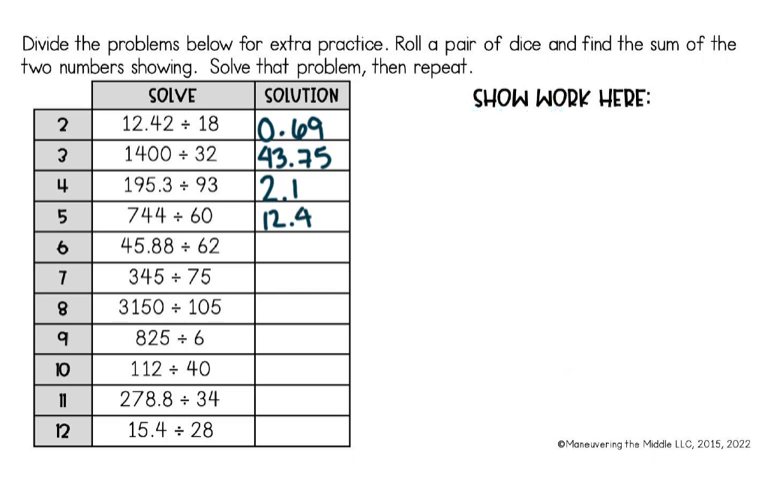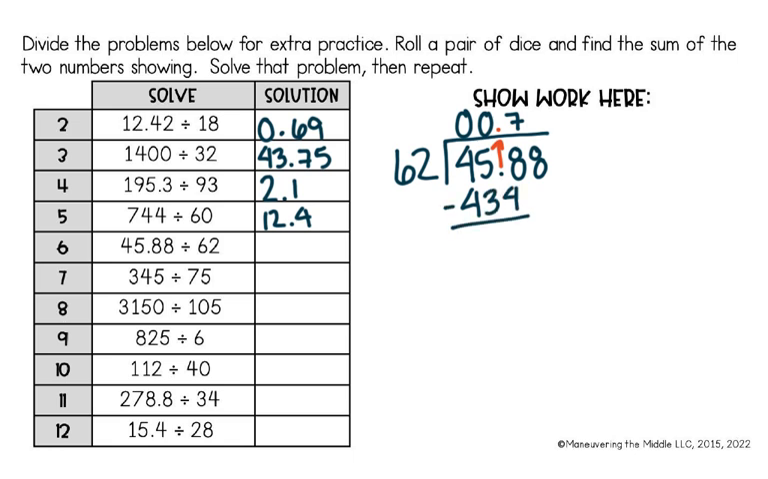All right, next we have 45.88 divided by 62. Put 62 on the outside. Put 45.88 on the inside. Make sure I carry my decimal up to my quotient, and now I can divide. 62 cannot go into 4. 62 cannot go into 45. 62 can go into 458. And it can go in 7 times. 7 times 62 is